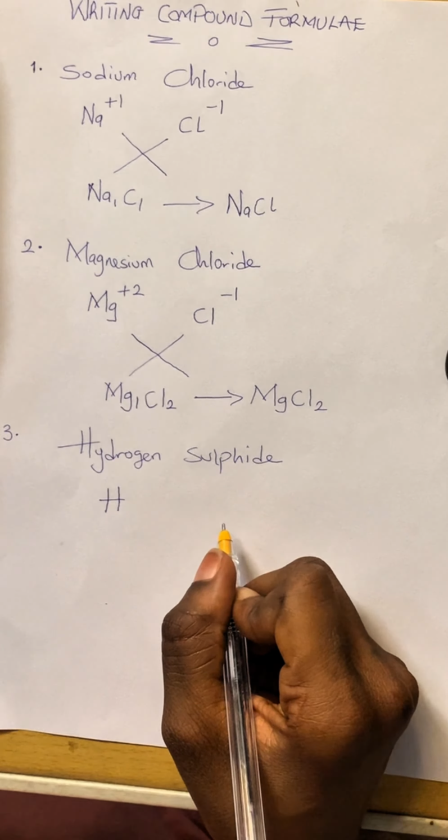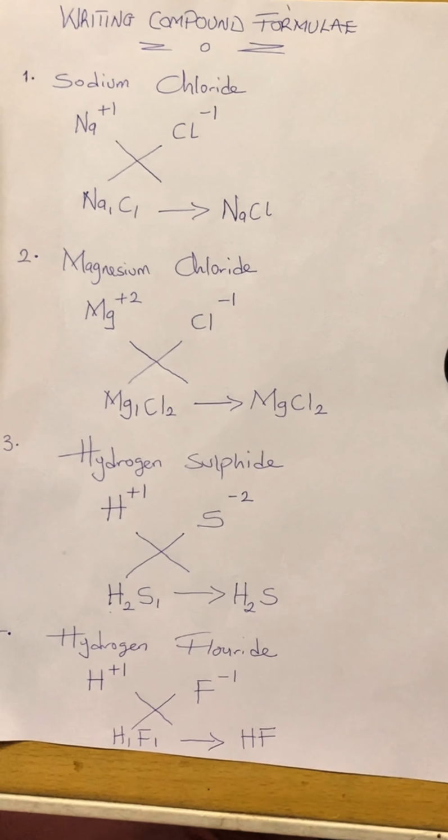Now, hydrogen, as I earlier said, has a valency of what? +1. And fluoride, which is your fluorine, has a valency of -1. Because why? Fluorine is also a halogen like chlorine, and elements in group 7, which are your halogens, have a valency of -1. So take note of that. So they are going to swap valencies. So it's going to be H1, F1. We don't write 1 in chemistry,